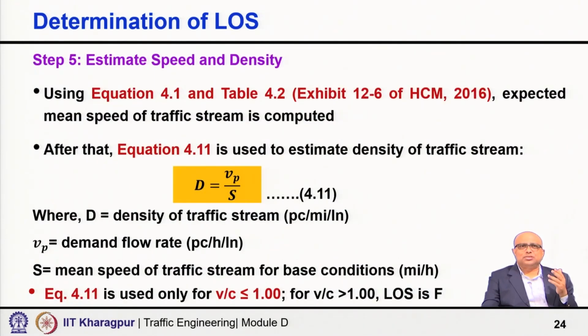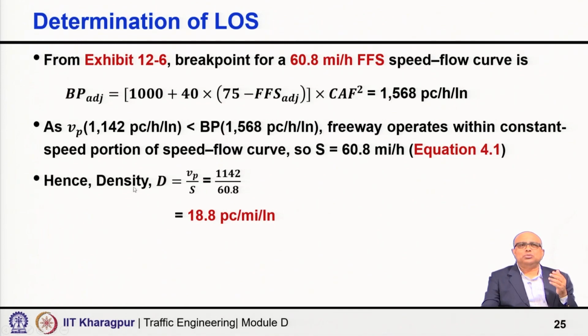Once it is done, then we can calculate the D. So, the Vp is 1142, which is less than this breakpoint flow of 1568, and we know up to breakpoint the speed is same as the FFS or FFS adjusted. So, you can calculate the density and you get the density as 18.8 passenger car per